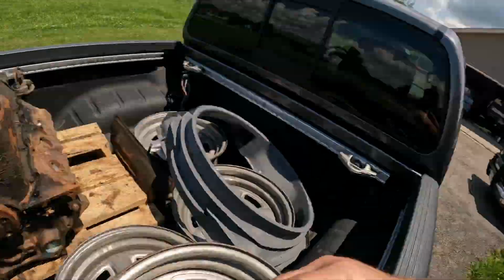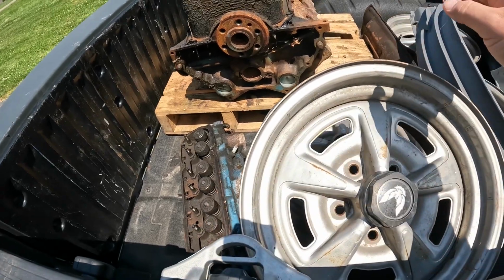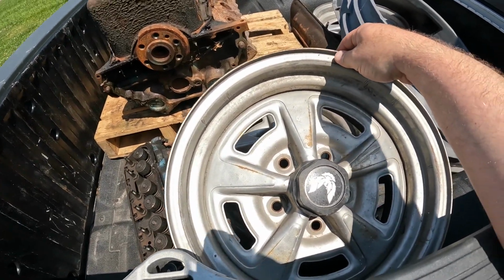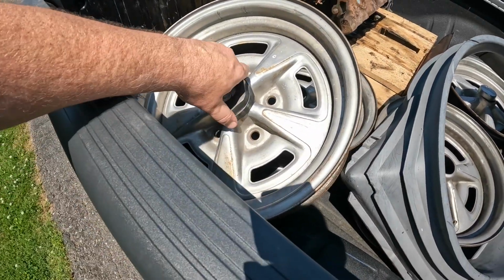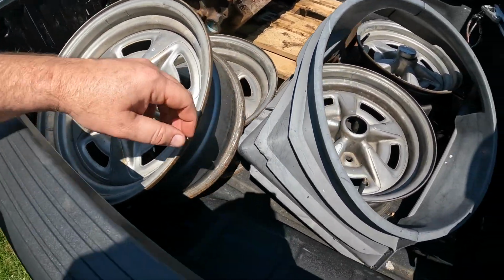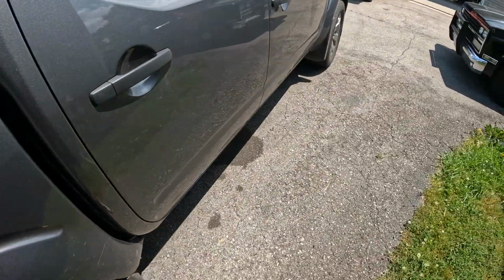Anyways, so he gave me the 400 motor. There's another set of heads. He gave me some Pontiac 15-inch wheels that he bought for him. That one's a Trans Am wheel. He gave me another cowl. It's actually already got one up underneath the hood. And then